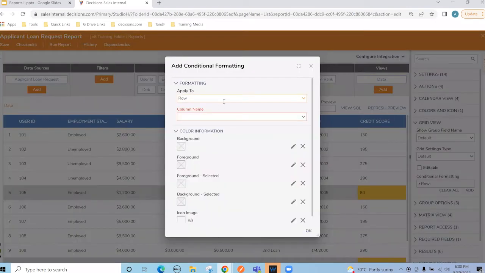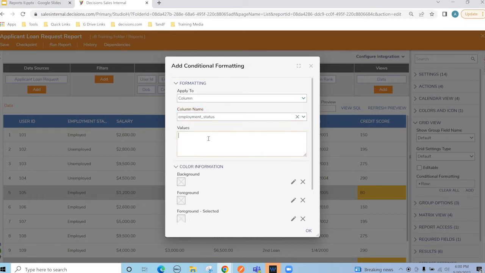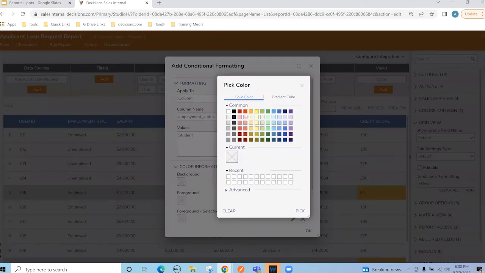Now you will notice that here it asks me if I want to apply formatting to the column or on the row. So in this case, we can check whichever we want to highlight. We will apply to a column, which is the employment status. So we'll say that if the employment status is student,